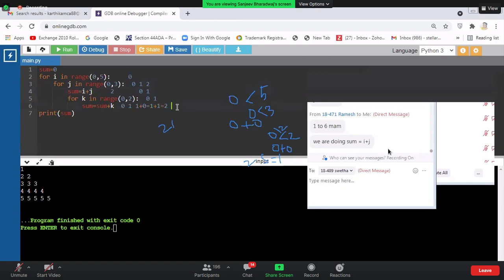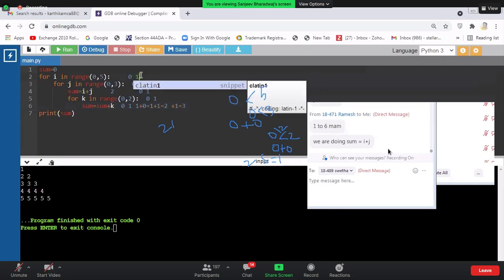So what will happen now? First time 2 plus 0 and 2 plus 1. So my answer is 3. So again it goes back. It becomes 4. Condition fails. Again it goes and it will return 1. So how can it be 9 and how can it be 7? First iteration it is giving 3. Second iteration,